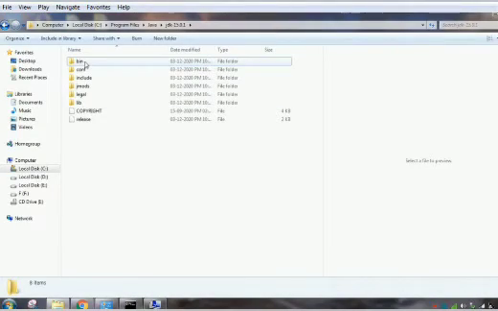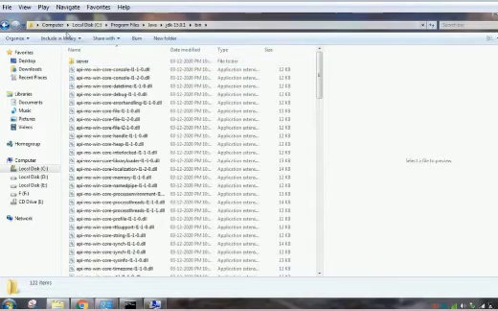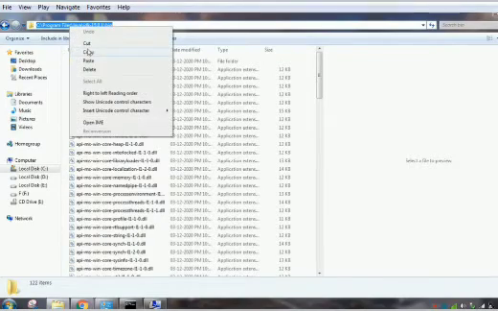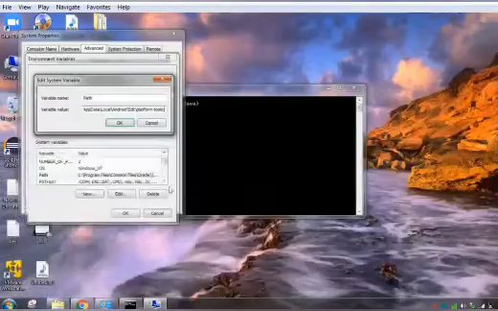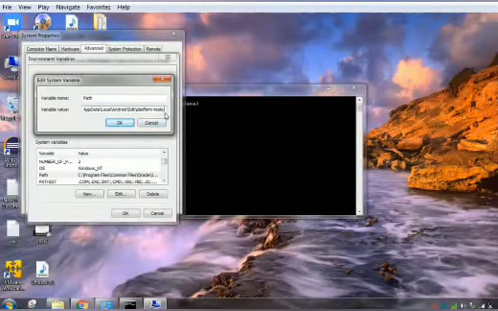Go to that folder, the bin. Here only java.exe is located, so you can copy this path and give it here, and then a semicolon, and then click OK.